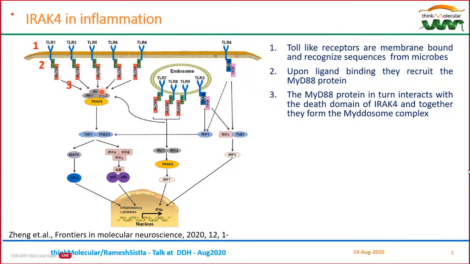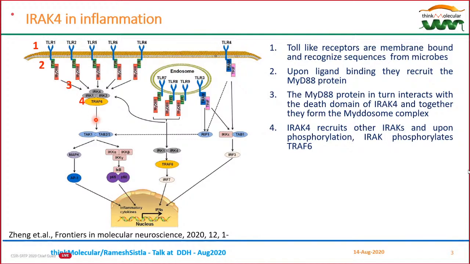Okay, IRAK4 has, other than the kinase domain, a domain called the death domain, which is an independent domain of IRAK4. So the death domain of MyD88 and that of IRAK4, they actually come and form a huge scaffolding complex, which is known as the myddosome complex. Okay. What happens within the myddosome complex is, by bringing together a number of IRAK4 molecules, it is able to phosphorylate. IRAK4 gets phosphorylated, and upon phosphorylation, the IRAK4 then dissociates from the myddosome,